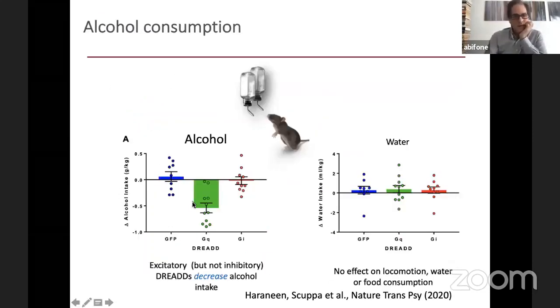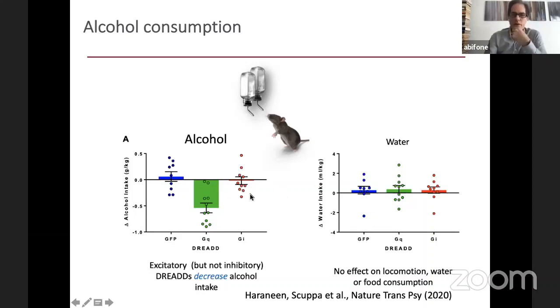What is most interesting is that exciting the insula did not have any effect on alcohol consumption. The animals were exposed to alcohol and the alcohol intake was measured. This is a control group in which no receptors were expressed, only some GFP. And this is the group in which we inhibited the insula, and this is the group in which we excited the insula. The green group showed a strong reduction in alcohol consumption,